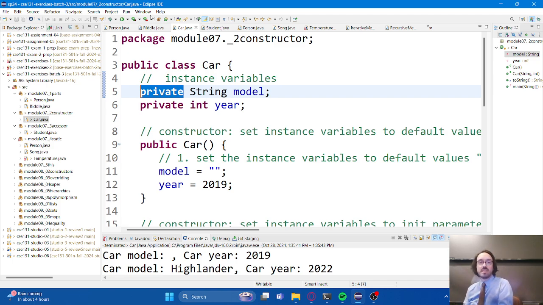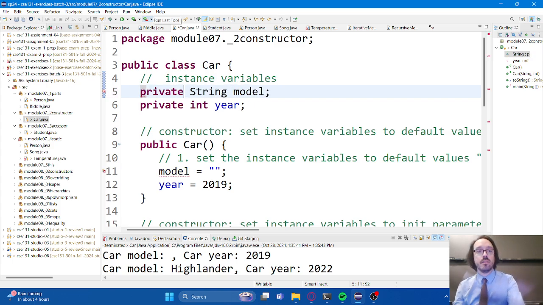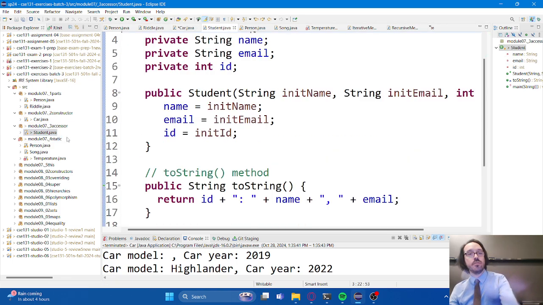I'm actually going to go one step farther and say all instance variables, every single instance variable that you create, should be marked private, at least for the purposes of this class. When you become a grown-up programmer and are out in the real world, you may find some exceptions, but I don't want to see any instance variables marked public. And there's a very good reason for that, which I would like to work through with you now.